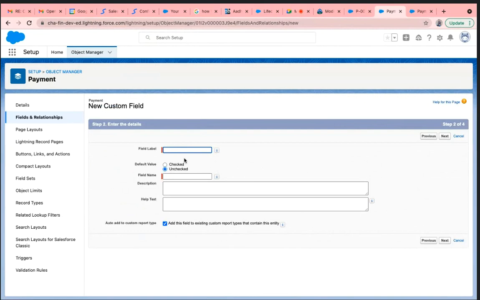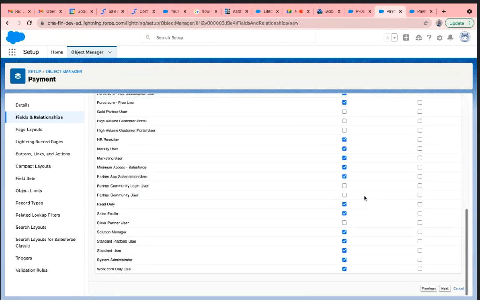This is the checkbox for payment. What would be a better name, active payment? By default, the payment value is unchecked. It looks like this, unchecked, and the field name I gave is active. So I gave it fine.